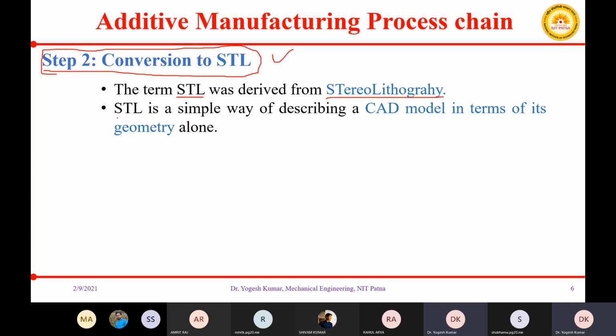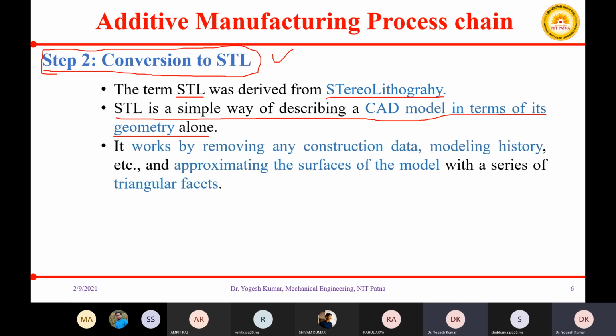STL is a simple way of describing CAD models. Since you are all from design, especially the MTech students from the design group, they might know better than students from production and other groups how this conversion of a CAD model takes place into other formats like DXF or STL or AMF, whatever format we desire.